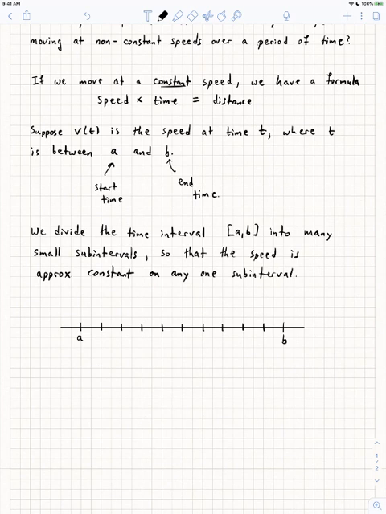At least we can do that if the intervals are sufficiently small. So what I want to do is choose some representative in each one of these intervals that will represent the speed